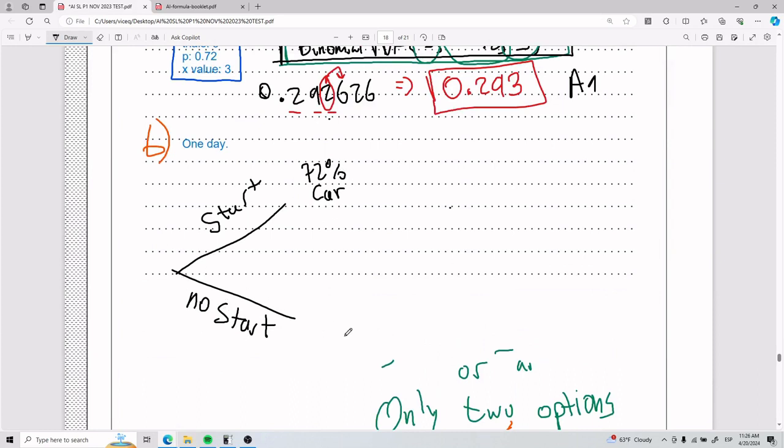And no start means no car, which is 28%. All right, so if her car starts, she's just going to go by car. So your tree diagram is going to end there. See, you don't care from here if it rains or not, because she's going by car. So whatever, right? Now, if it doesn't start,